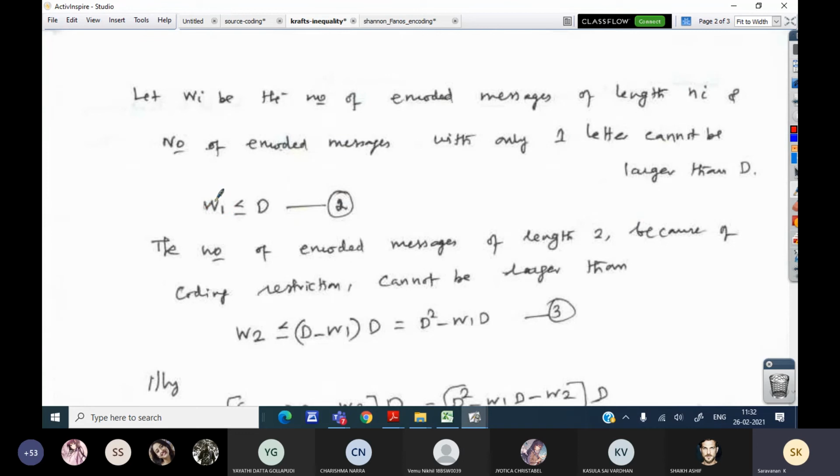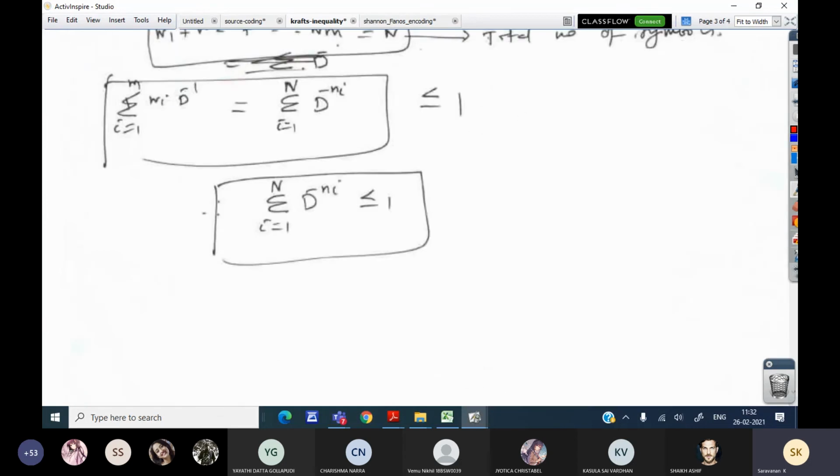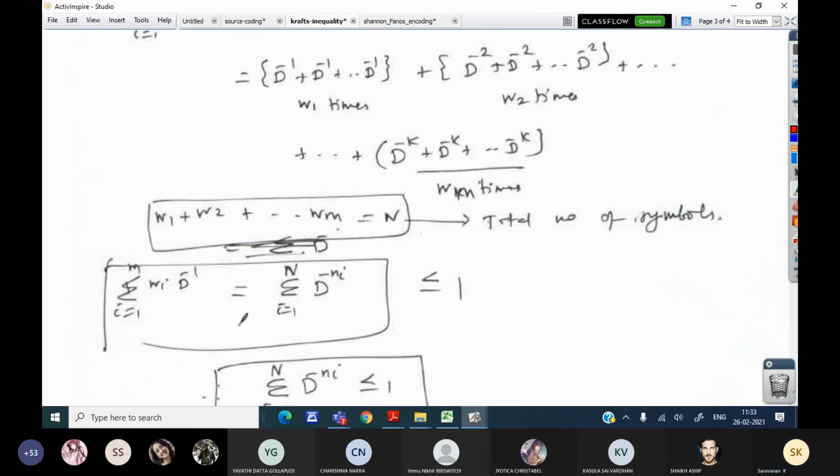In the same way, when I is 2, we get W2. So the summation of Wi D power minus I, where I is 1 to m, can be replaced in terms of I from 1 to n also.